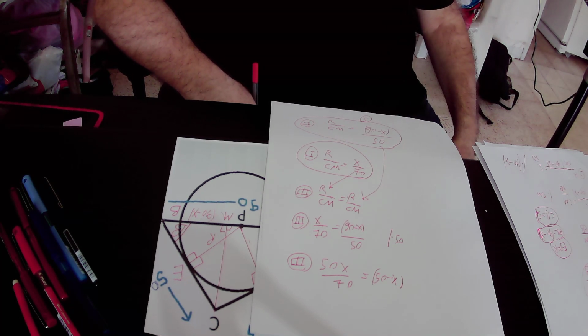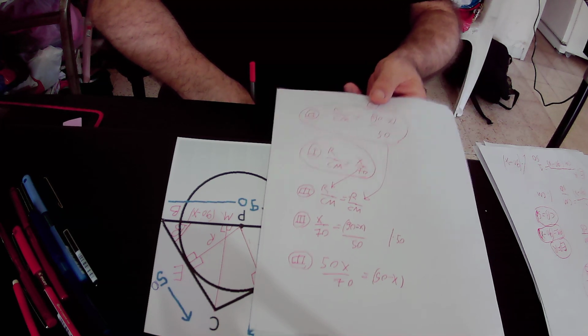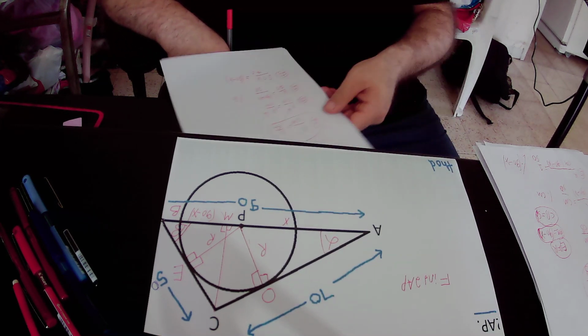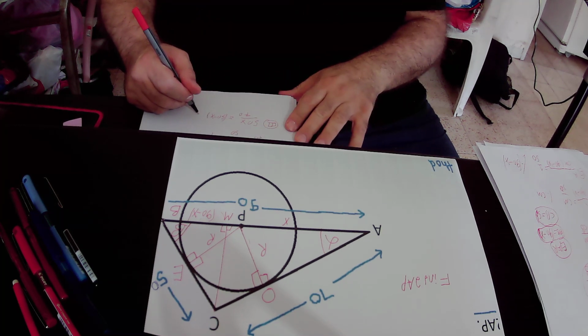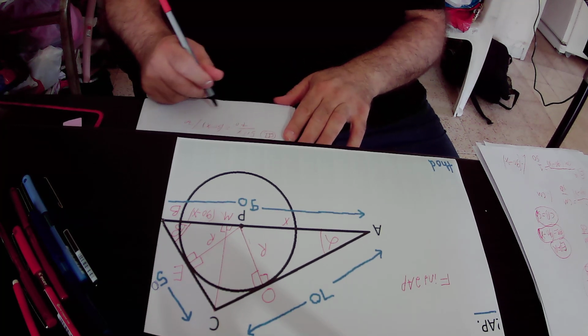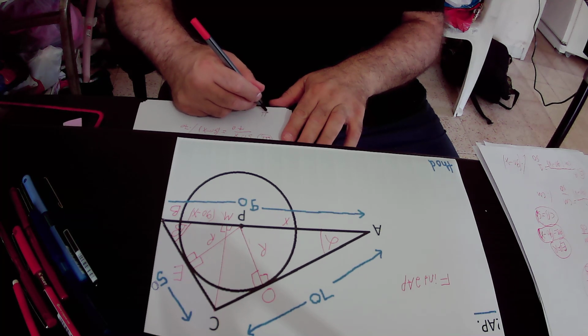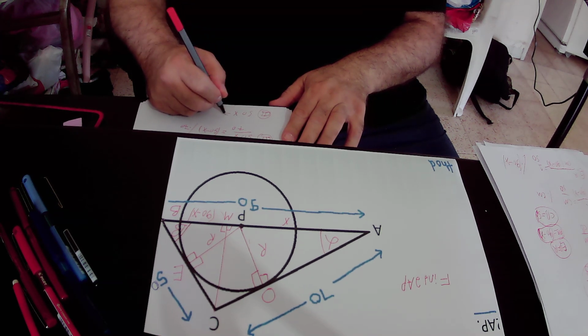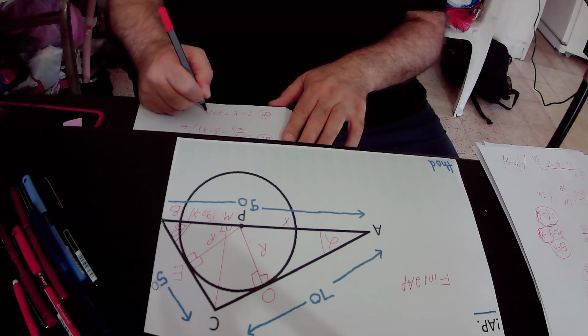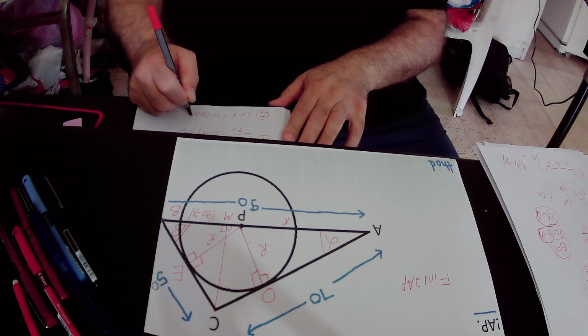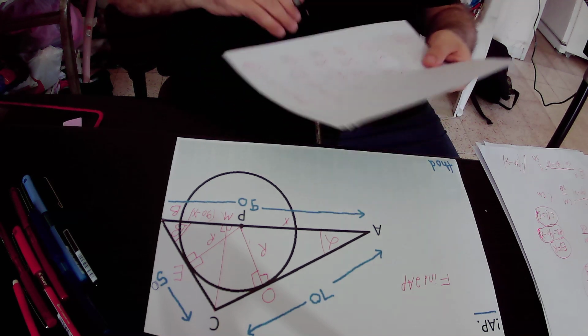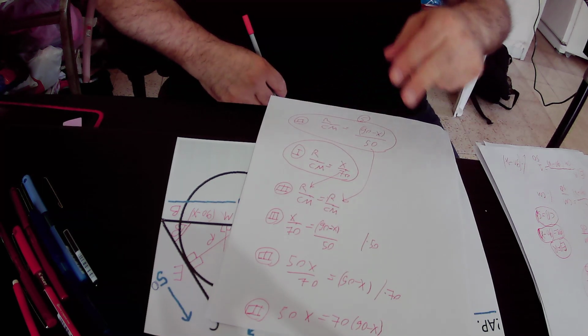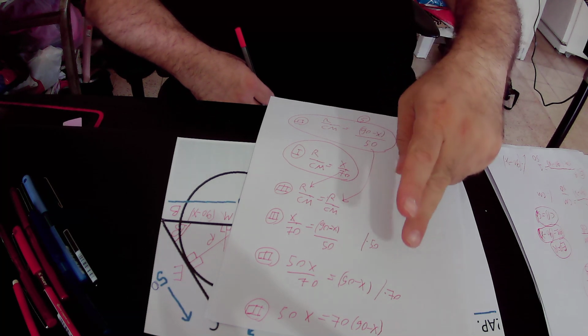Then I will multiply both sides of the equation by 70. So I multiplied both sides of the equation by 70,